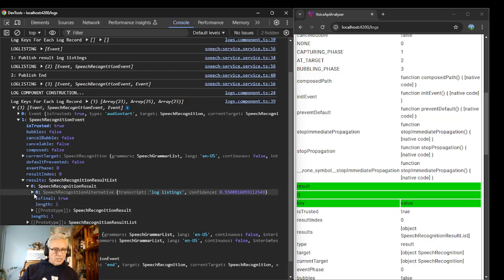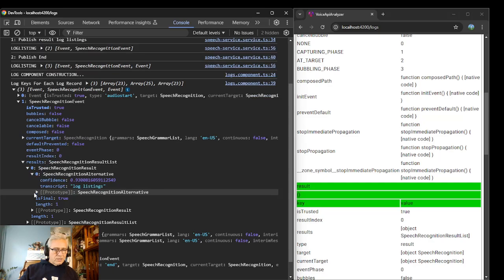And we're looking at speech recognition. So we're looking at the second 0, and then for some reason, it's just showing like a blank thing, which I think, let's just try putting transcript and confidence in there.